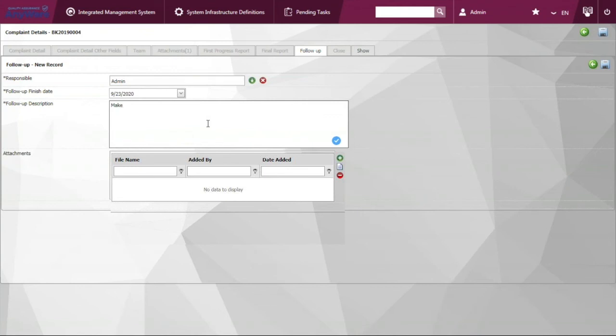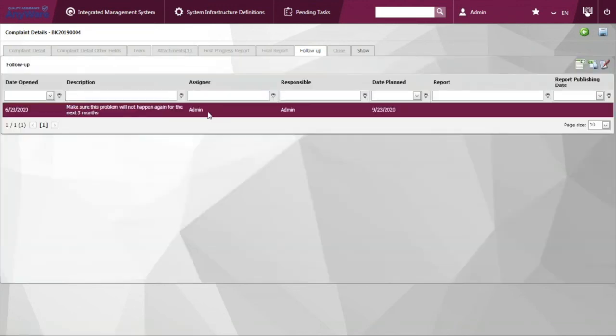And then we can enter the description, like make sure this problem will not happen again for the next 3 months, and then save it, so that this responsible person will receive a notification about this follow-up action.